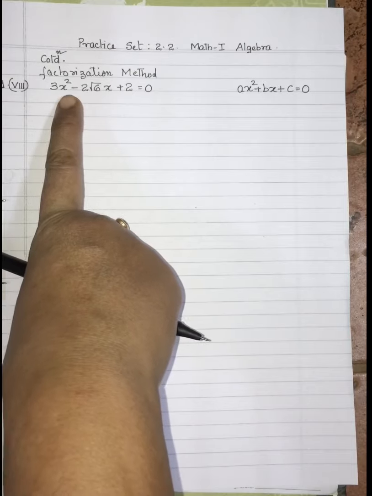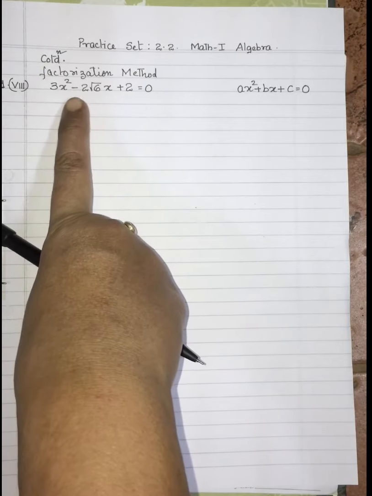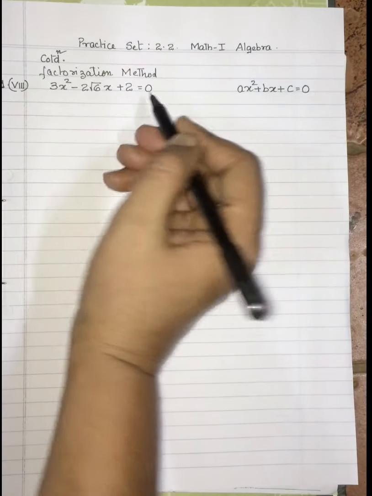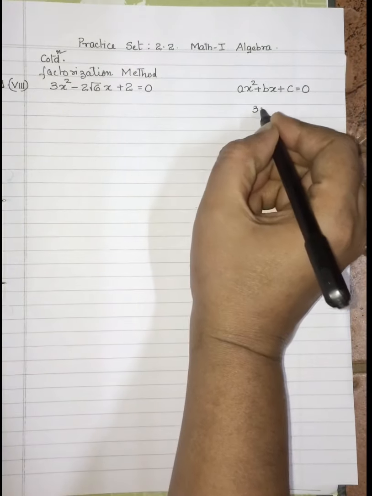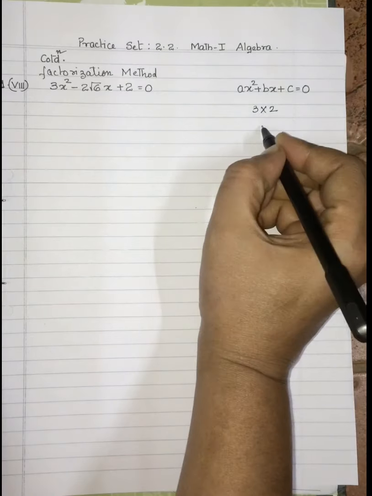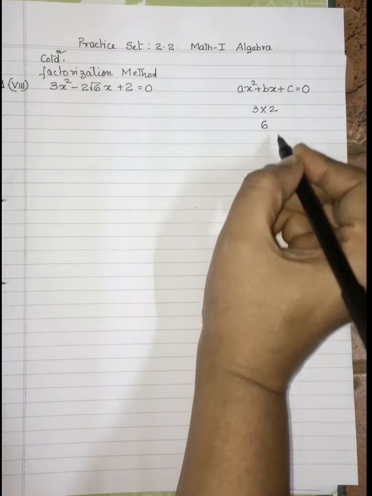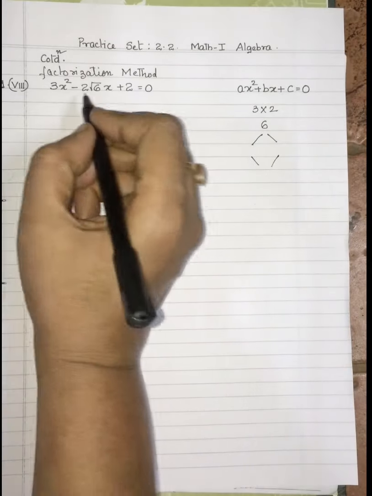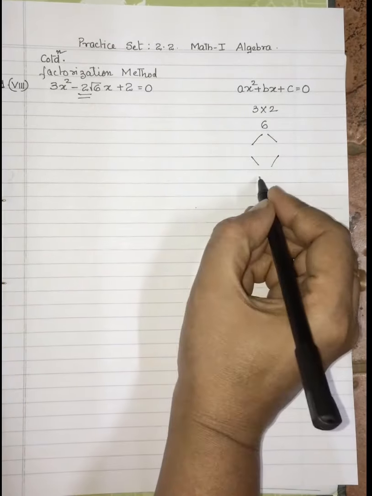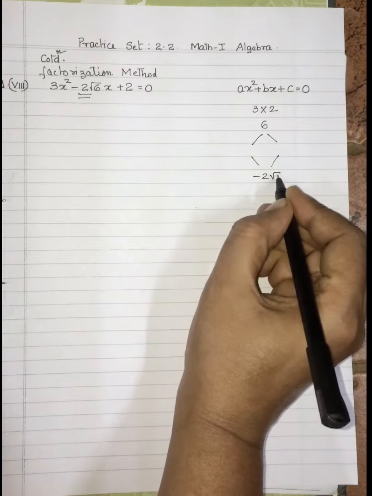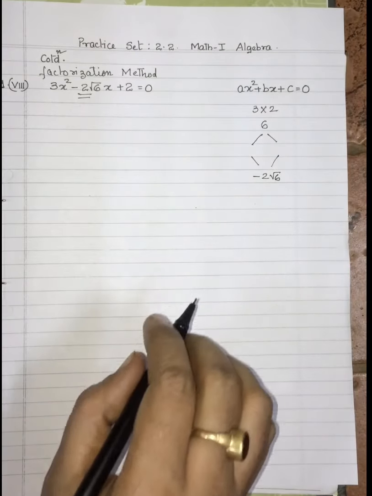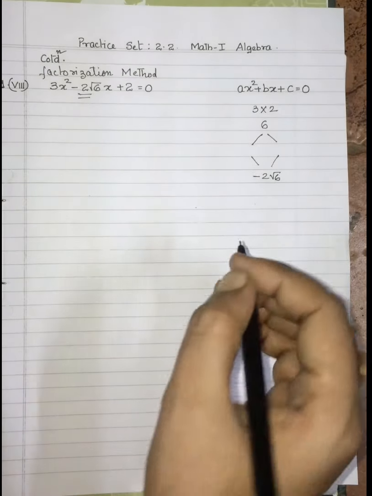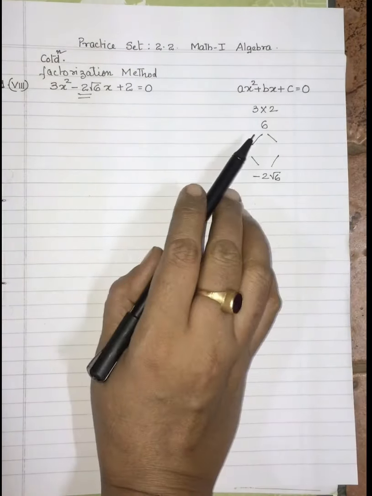Because this is already in the general form, the next step is to take the end terms, that is 3 multiplied by 2, and find the product as 6. Using the diamond method, the middle term is −2√6. Then 6 has to be split up